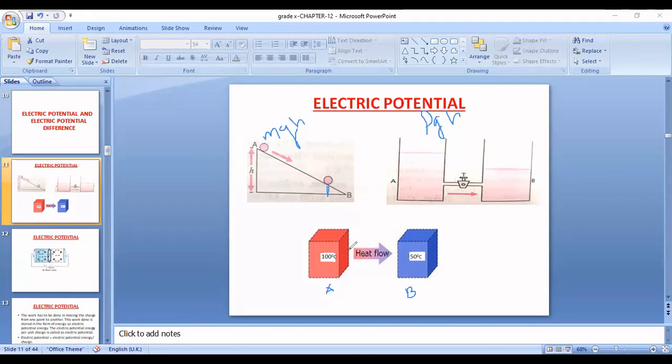Like here there is difference in the temperature in case of heat flow, there's difference in the pressure in case of water flow, there's difference in the gravitational potential energy when the body is moving from point A to B. So similarly, in the case of charging of the body, the electron transfers, means the electron moves from one position to another position. So there also, when the charge is moving, there should be difference in the concentration of the charges or the value of the electric pressure, right? So that we are going to discuss here.